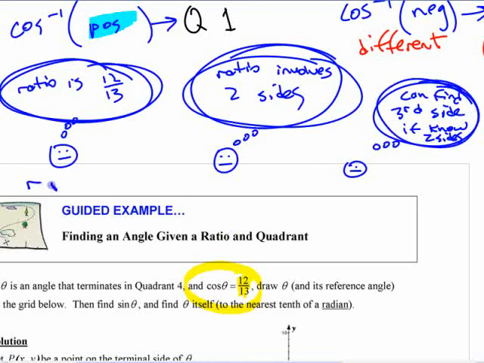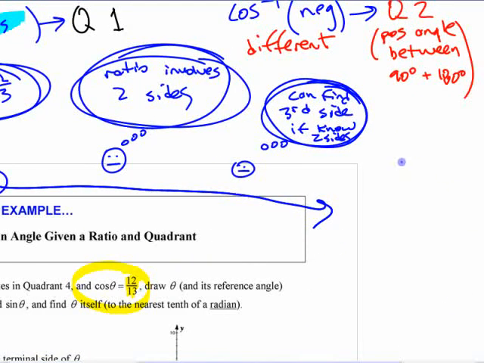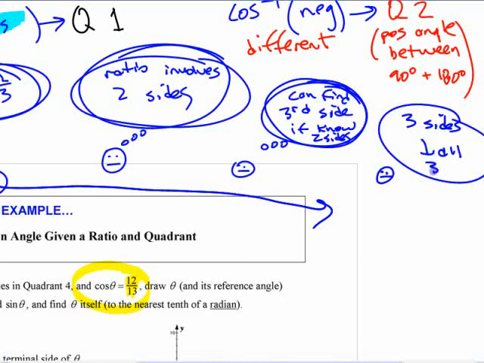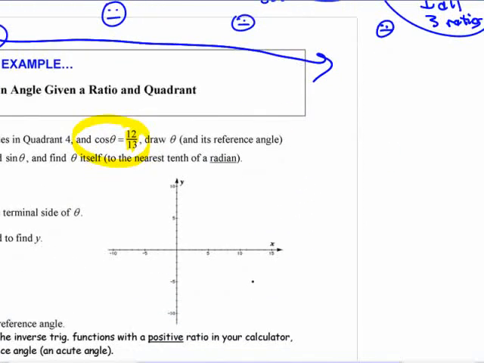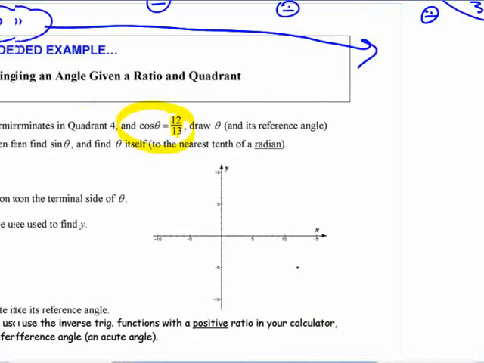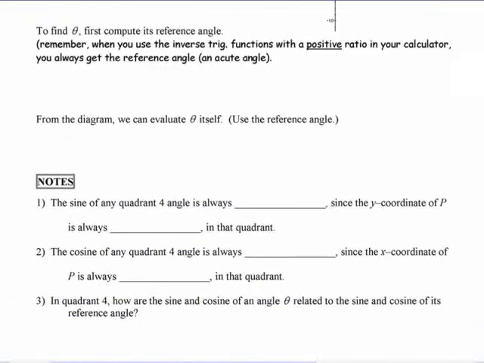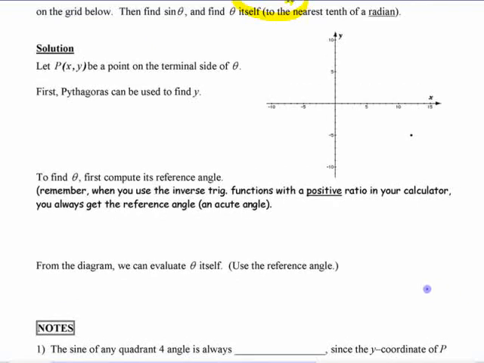So what is the big jump in logic here? If you know the ratio, okay, I guess we need one more thought here. When you know all three sides, you can write all three ratios, right? You don't need to write all three ratios here, but it might be nice to be able to write all three ratios. If you know the cosine, I have never asked you to write the sine, but I would like you to here, right? You can use Pythagoras to find the missing value, and then you can write the other